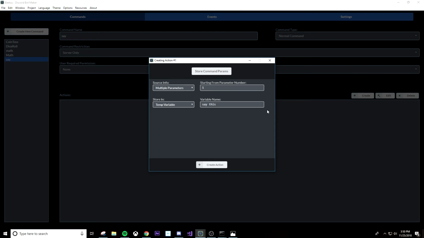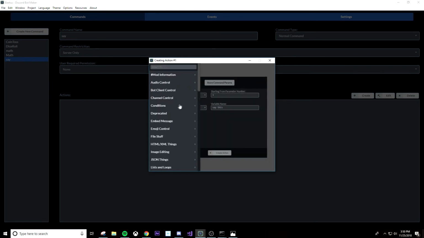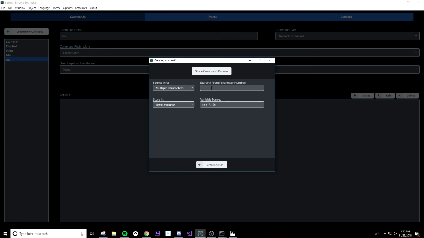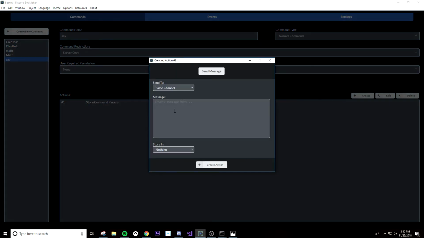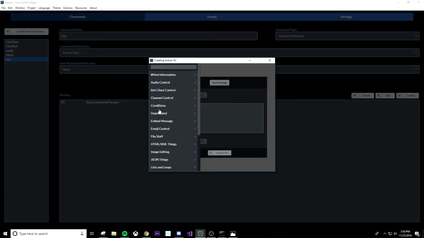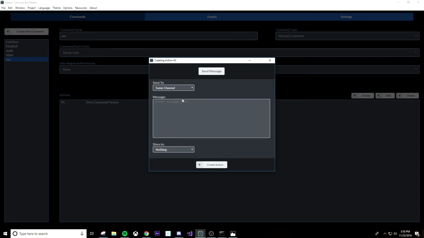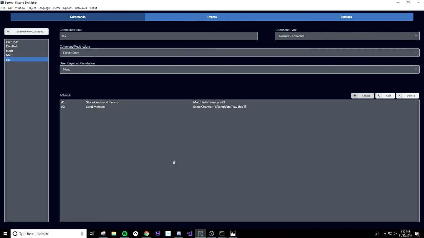However, that only posts directly to the channel you sent it on. If I want to be able to put it into an admin only chat, and I want the bot to then send the message to another channel, for example, I want it to start at the second point, because I want the first one to be the mentioned channel. So now we have multiple parameters after the second one. So let's go ahead and now we're going to have the command parameter just pretty much send a message, say this. So now if I were to save it,